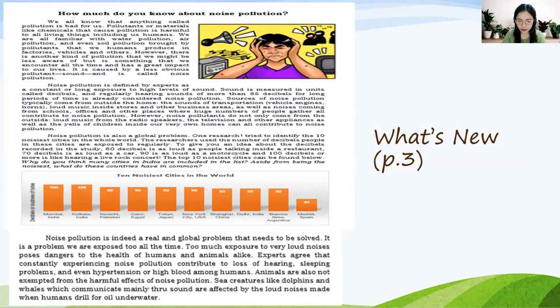Follow through with your modules. That's on page 4. How much do you know about noise pollution? That's the title. There are typo errors for the titles. Remember that we use capital letters on how the titles should be written. Okay,